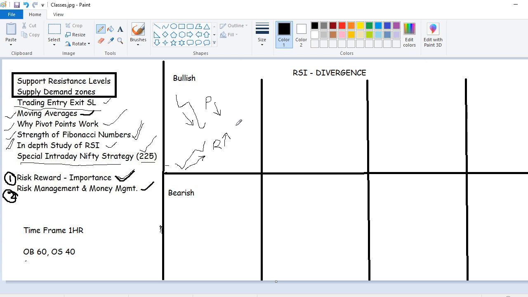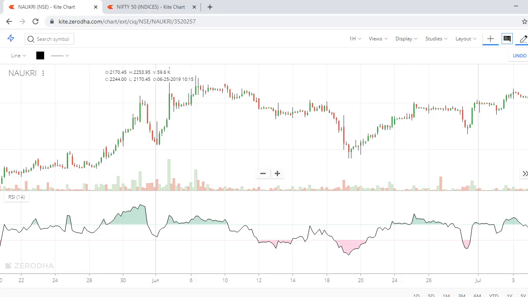So what will happen? Automatically the price takes a reversal and it goes up. Sir, is it 100% sure? I told you there is no certainty. 100% means certainty. No, there is no certainty in the stock market, but 80% of the time this happens and it works. Okay, so whenever the price is coming down and the RSI is going up, that means the RSI is telling you the price may go up in future sessions. So it is better to go long in this particular stock. Okay, I'll show you some examples.